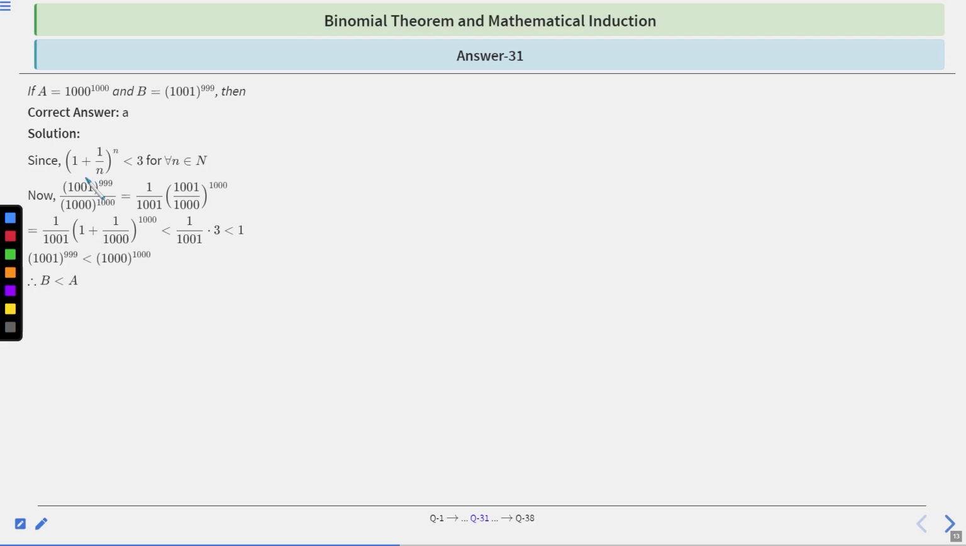See, we know that this expression you have to remember: (1 + 1/n)^n is less than 3 for all n belonging to natural numbers, right? (1 + 1/n)^n is always less than 3, whatever the value of n is, when n is a natural number. So